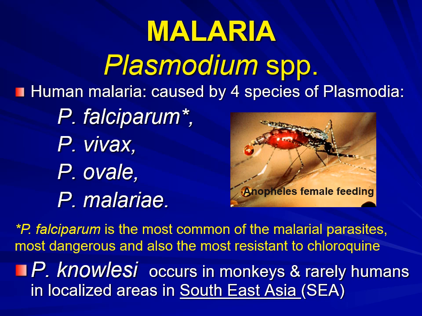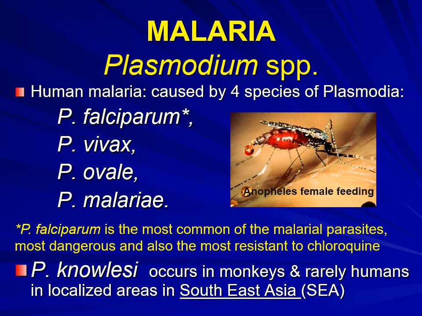Now, the Plasmodium species, we have 4 main human Plasmodium species, human malaria species: Plasmodium falciparum, vivax, ovale, and malariae, like you see here. And the 5th species down in the slide is Plasmodium knowlesi. Knowlesi, we pronounce it without the K, actually. It occurs in monkeys, which means that it is a simian Plasmodium parasite. It refers to the malaria in monkeys, monkey malaria. But this parasite has the capacity to infect humans as well.